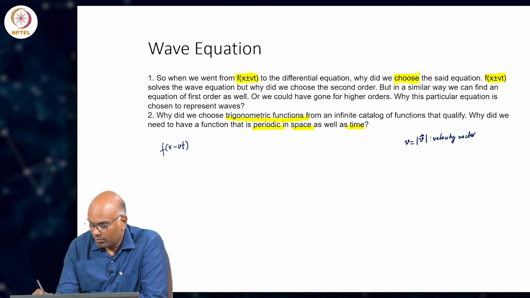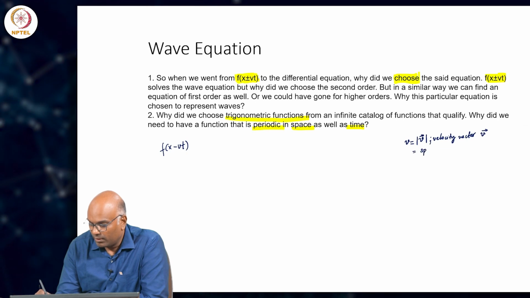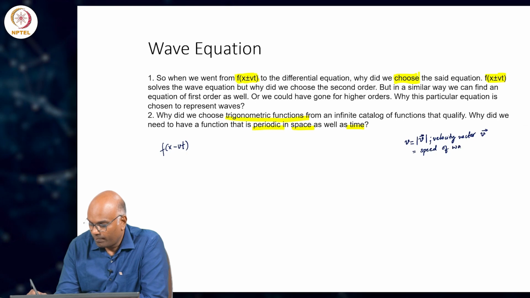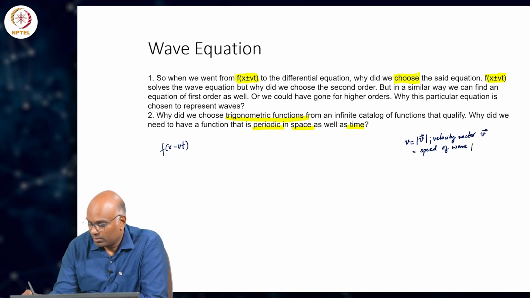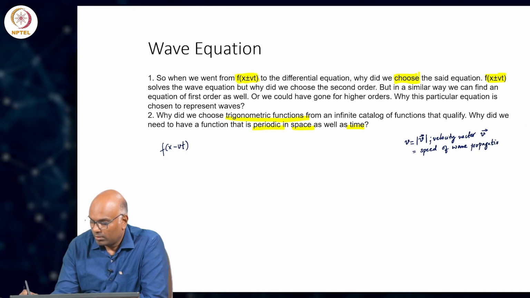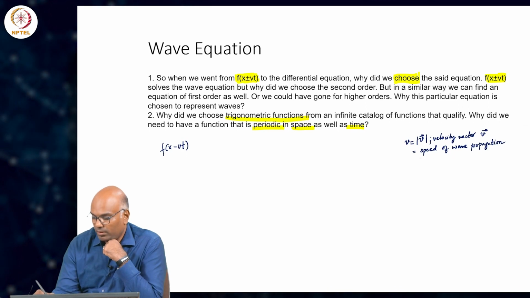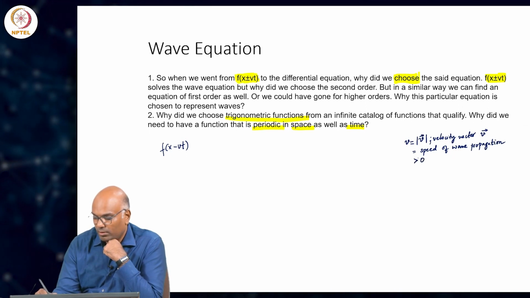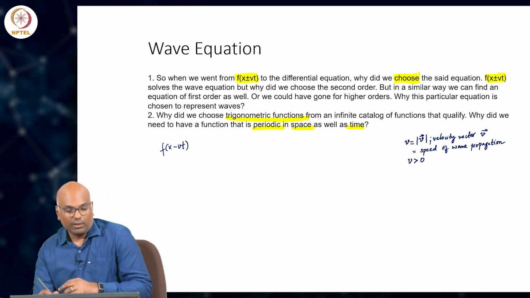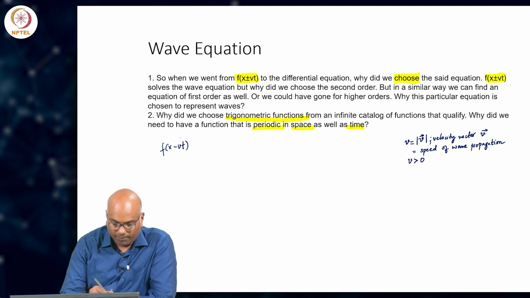Okay. So, velocity vector is v. So, we can say that v is the speed of wave propagation, right, but this is greater than 0 the way it is defined. So, there is no ambiguity about it being positive or negative, and the negative sign corresponds to